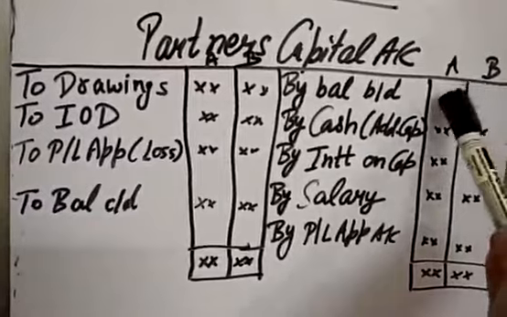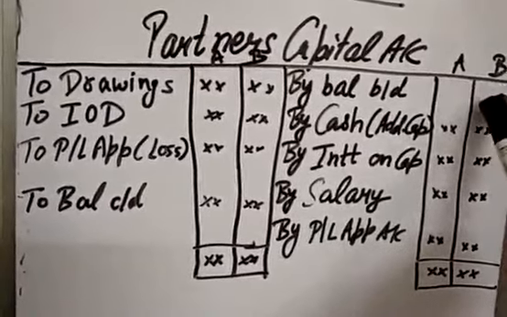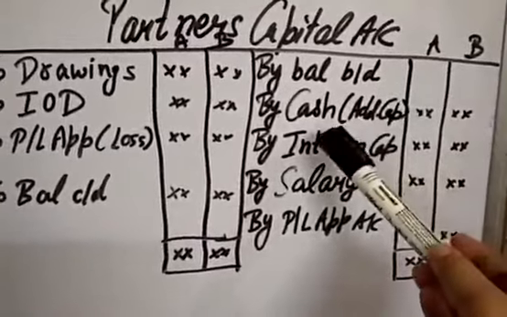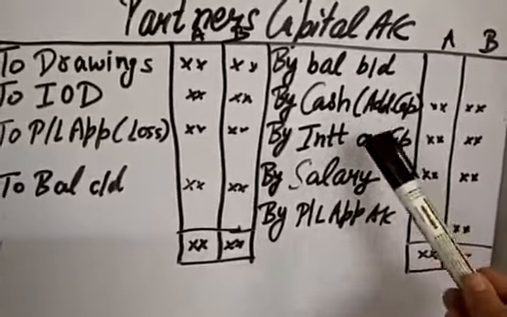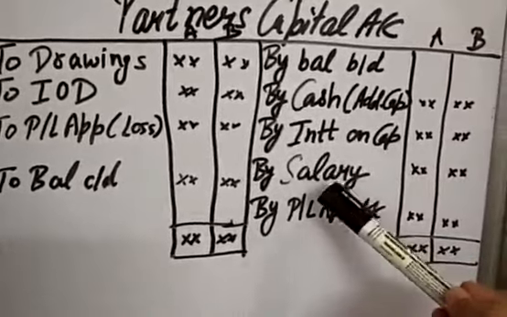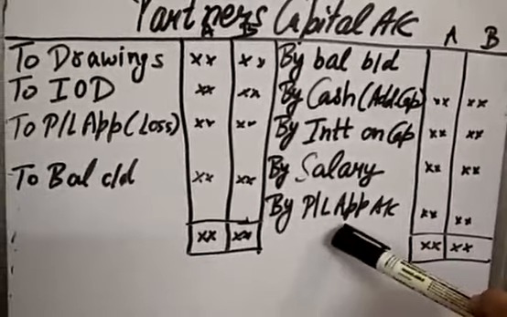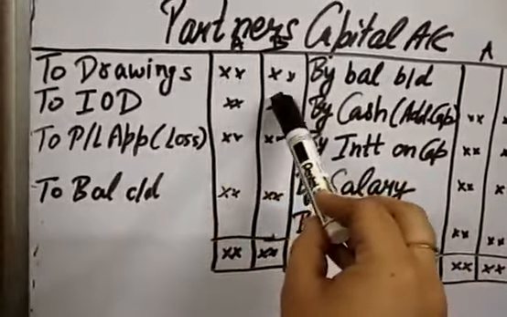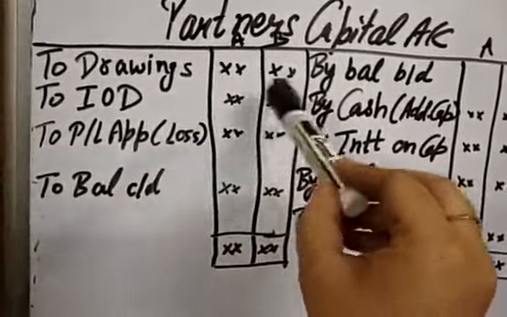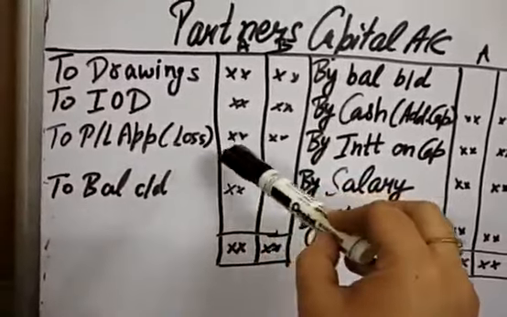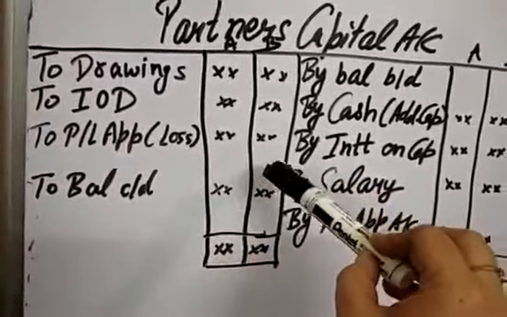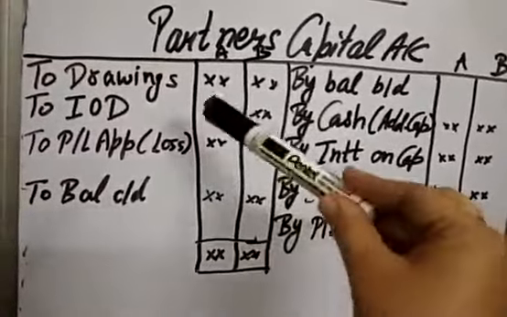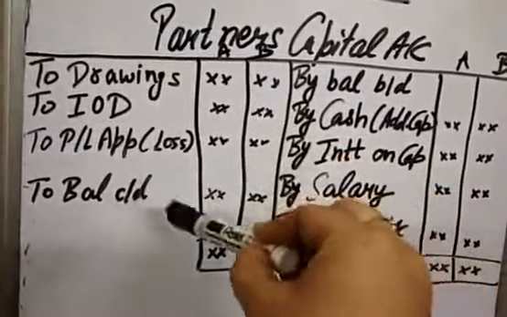I have left this space blank because no amount is given for opening capital. You have to calculate it. Then you write if any additional capital is there, any interest on capital is there, any salary is there, any profit is there from the profit and loss appropriation account, then write it down. Next, if drawings are there, write them down on the debit side, and interest on drawings. If any share of loss is there in the profit and loss appropriation account, you write it down. In the normal question, this amount is not given to you. You add up all these things, you deduct all these things, and you calculate this balancing figure.